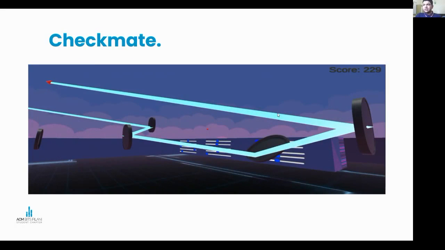And last but definitely not the least, Checkmate. Checkmate is a semesterly event conducted by BITS-ACM, where a team of you will be working with a team of game developers and a team of web developers to basically make a game. It's a puzzle-based logic game.